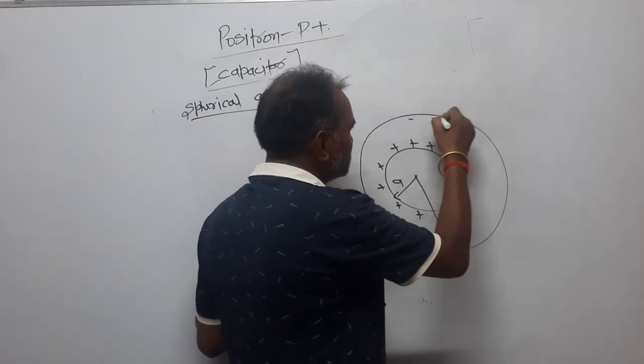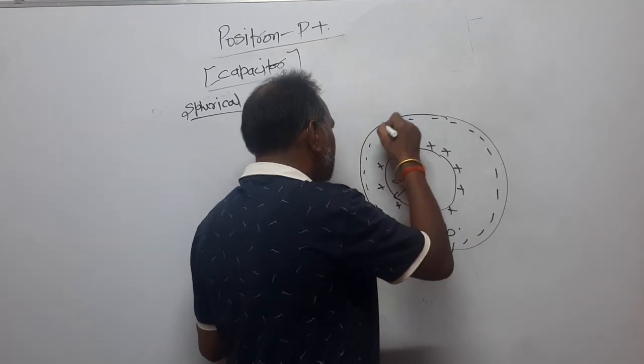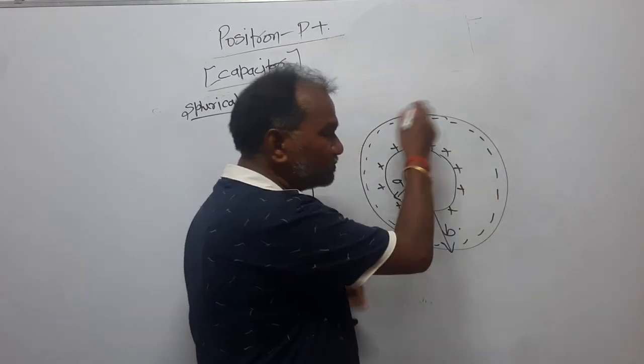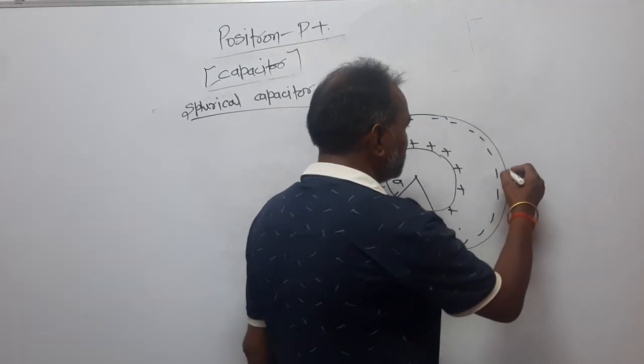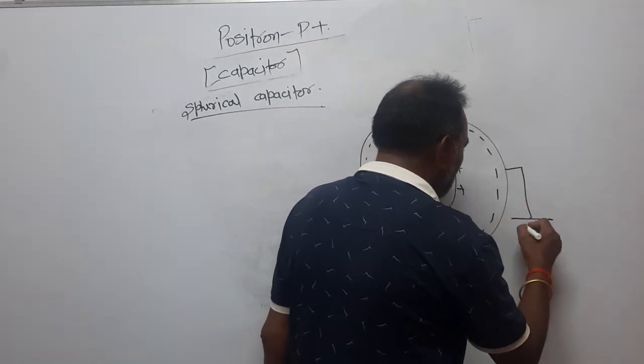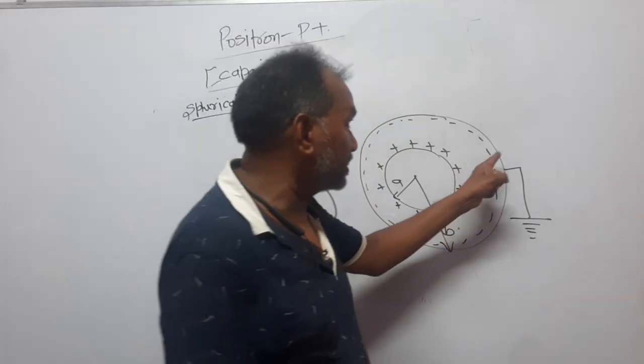Then because of induction, the other one will be negatively charged and the outer side of the bigger sphere will be positively charged. Then I have grounded the outermost part of the bigger sphere,